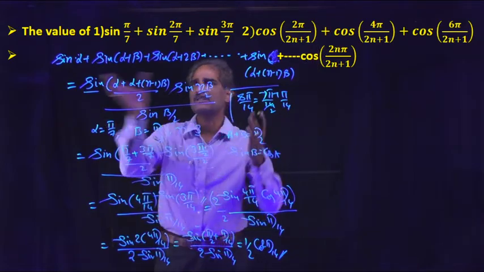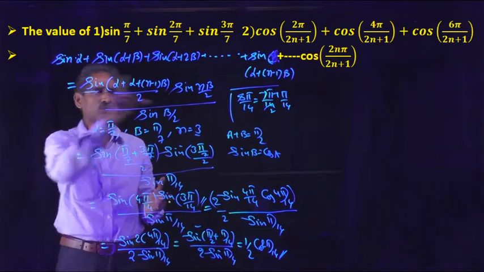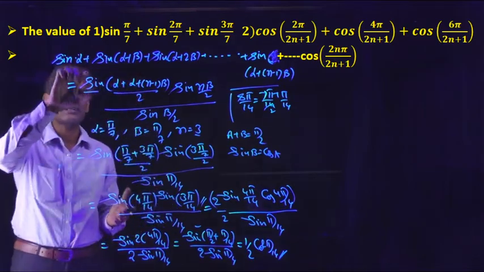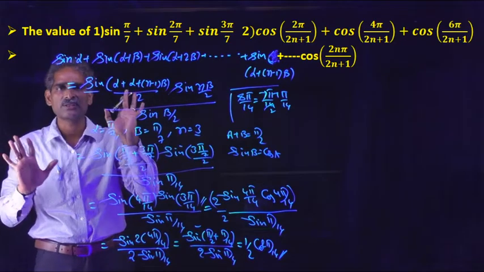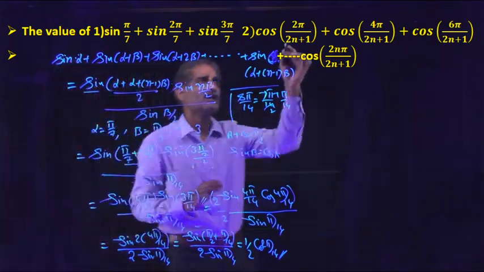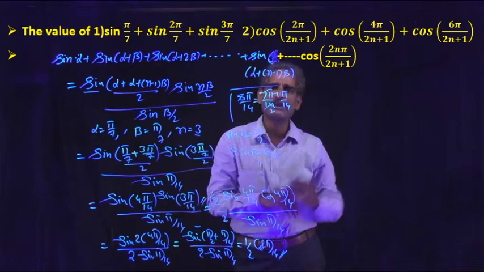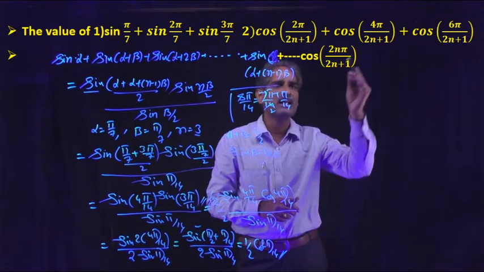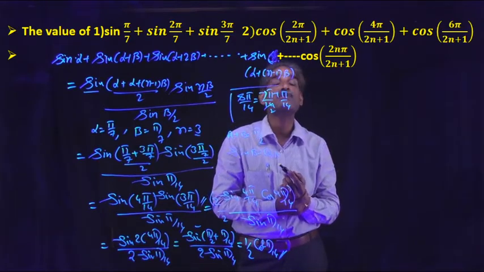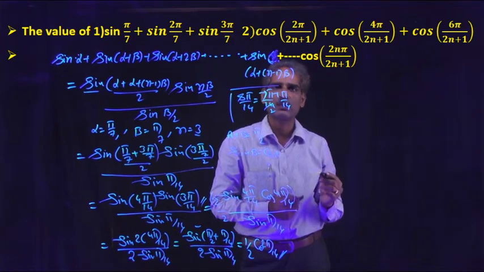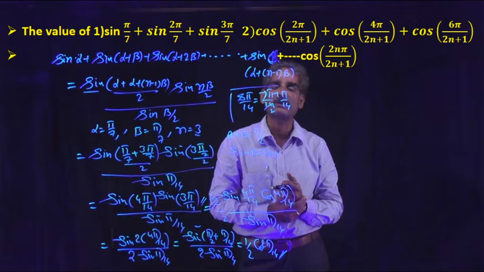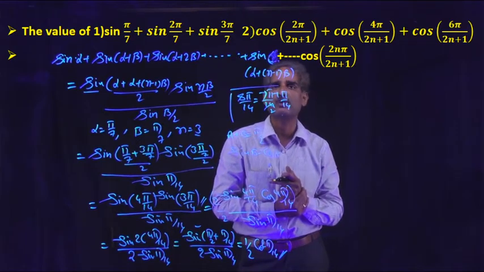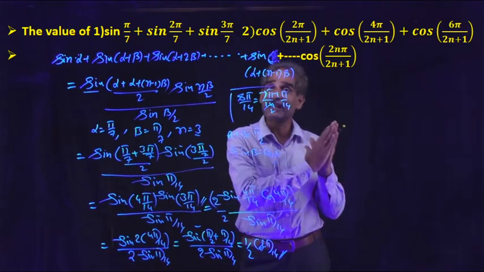If the cos function is there in this expression, the only change will occur at this function. Here we get cos function. The remainings are the same, sin, sine, cos only. So here observe what about the alpha, what about the beta, and what about the n? Here there are n number of terms. So observe that 2 pi by 2n plus 1 is the first angle. The second angle is 4 pi by 2n plus 1. The last angle is 2n pi by 2n plus 1. That means it contains n number of terms.